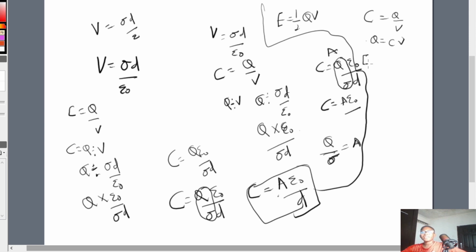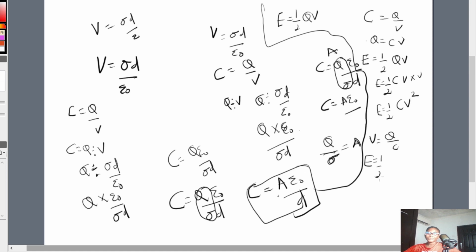So we have that E is equal to 1 over 2 QV. Putting this in the equation, E will be equal to 1 over 2. What is our Q? That's CV, multiplied by the V that was there before. So E can also be 1 over 2 CV square. Also, V can be Q over C. So let's put that into this equation. E will be equal to